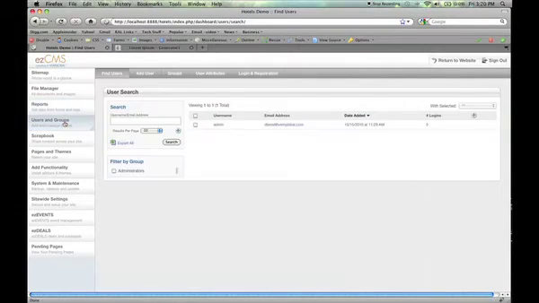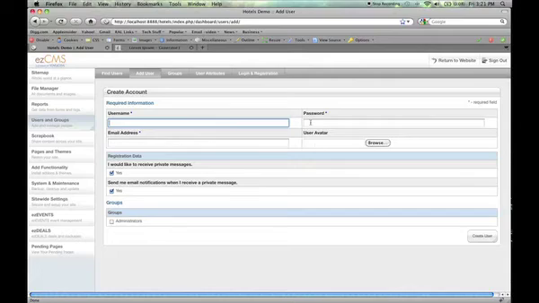The next tab I'm going to go over is Users and Groups. With users and groups, you're allowed to add any types of users or groups that may want to have access to your system. So let's say you're in charge of making sure that all the pages are approved and go live after you've looked at them, but you want to hire somebody else to actually write the content for your pages. You can go in, click on Add User,